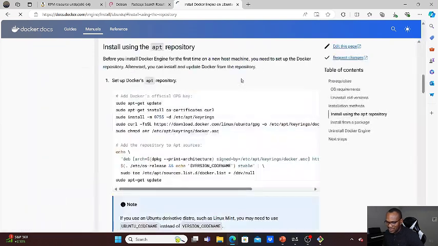So let's click that. The first thing it is telling us to do is to add Docker's official GPG key. So we have to run all these commands. Once we run them, it will add the GPG key. You can see the first thing it's doing is getting updates, then installing some certificates, then installing the keyrings, then it's using curl. You can see it's downloading